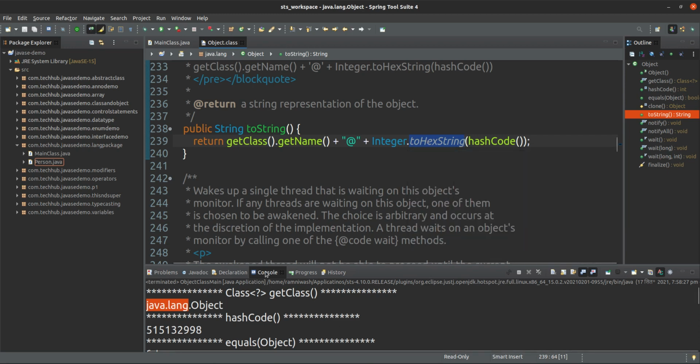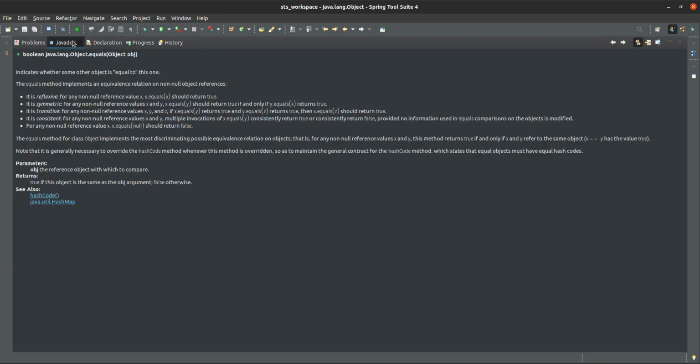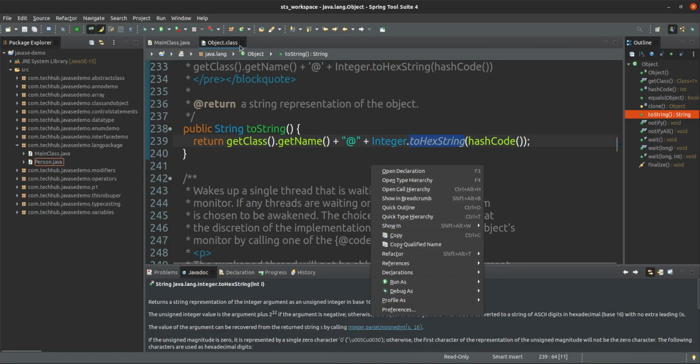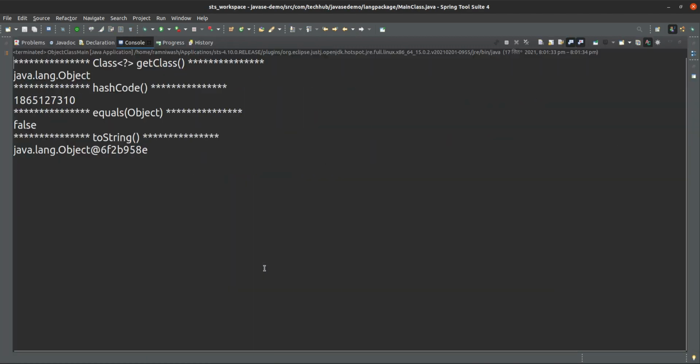And if you see the code here, this is a hexadecimal number only. But what exactly is this? If I run this one, sorry, I will run this one again. Yes, see, this is the hash code, and this code and this code are the same, but this is a hexadecimal number only.